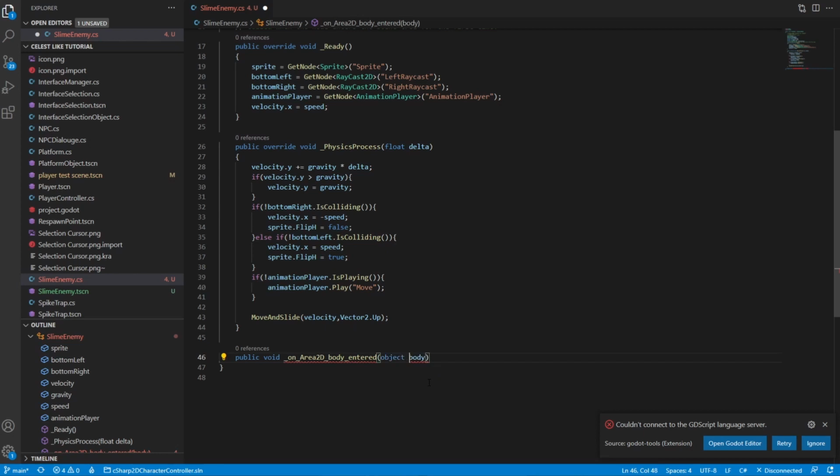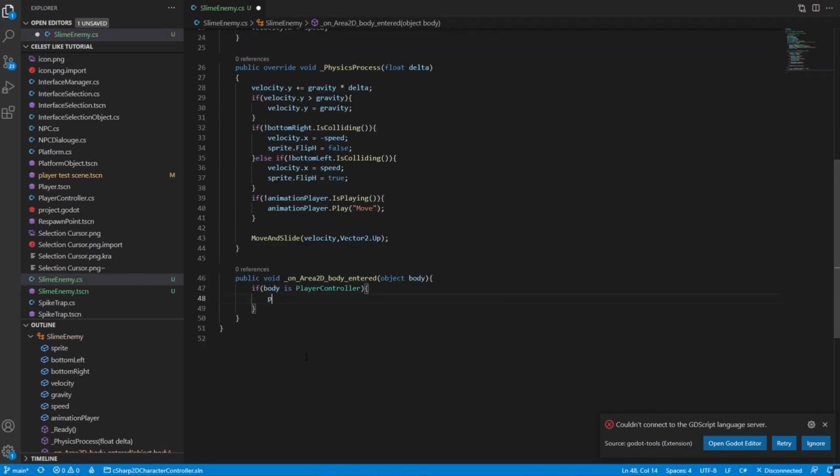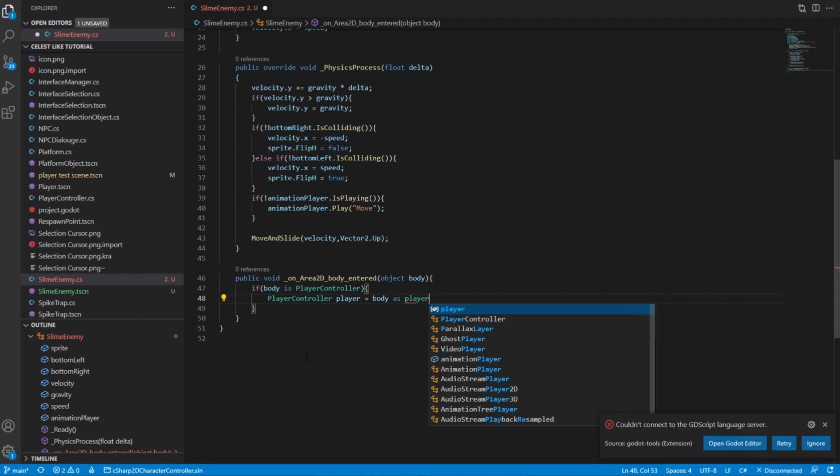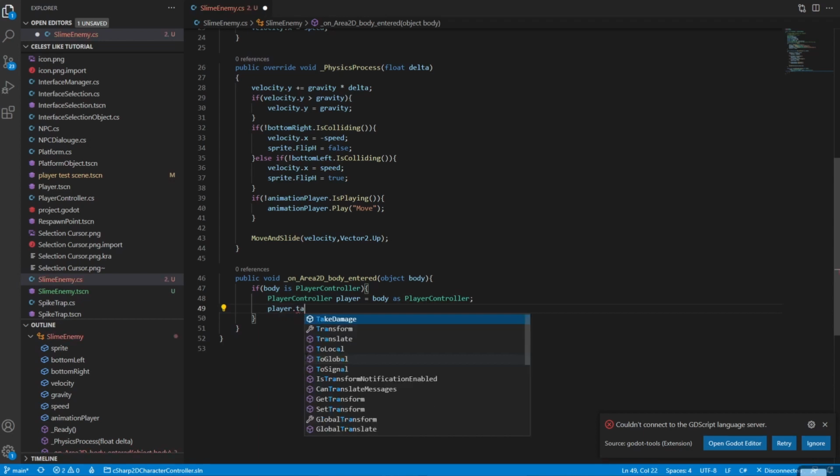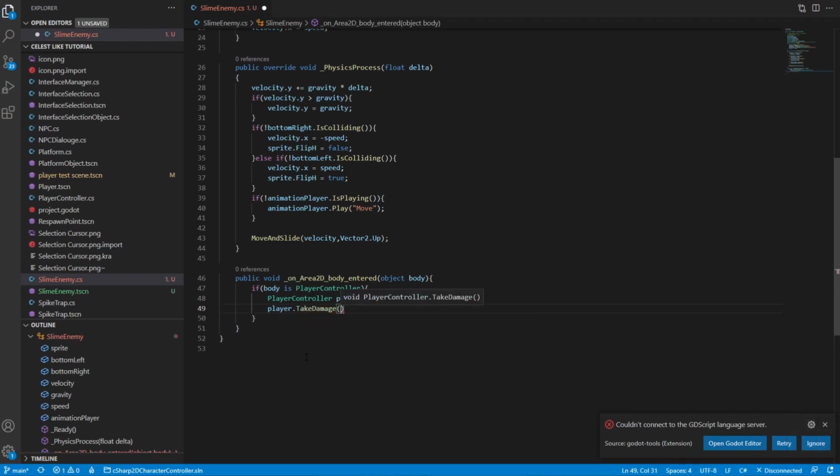Open and close and say if body is player controller, then we need to do damage to that player controller. So we could say player controller player is equal to body as player controller. And then we'll say player dot take damage, and we will give him the amount of damage that we need.